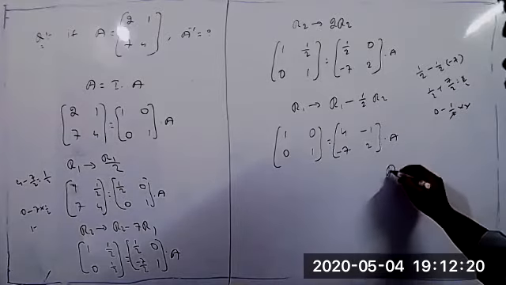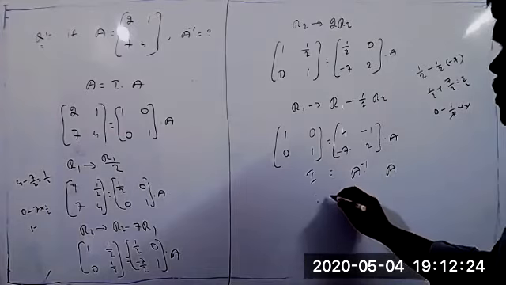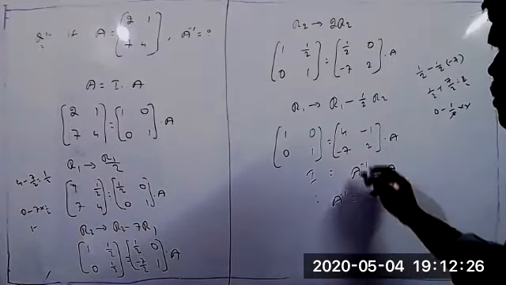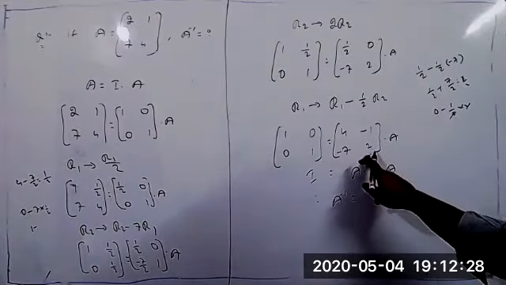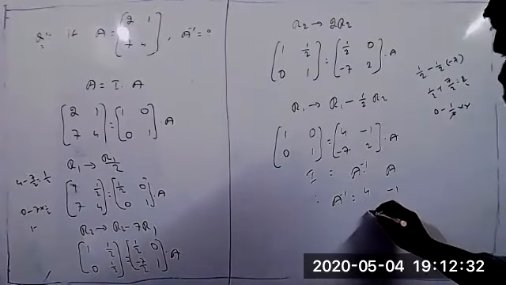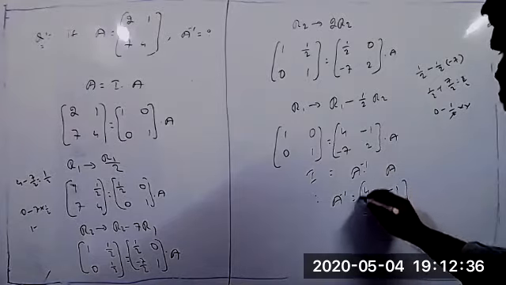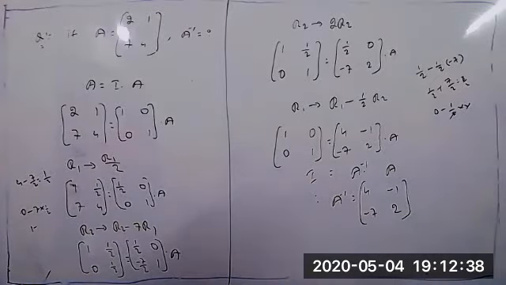Now it is in the form of A into A inverse equal to I. Therefore, A inverse equal to how much? Whatever matrix we get in place of A, this is what we call the inverse of A. So 4, minus 1, minus 7, 2. Okay, this is applying the row operation. Whatever method you apply, we should get the same answer only.